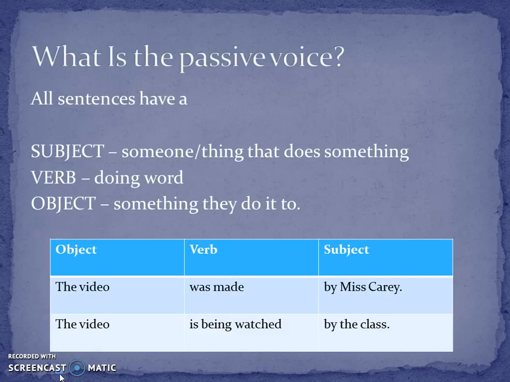Last week we looked at the active voice. Today we're going to look at the passive voice. So as I mentioned last week, every single real sentence that's correct has at least 3 ingredients. A subject, which is someone or something doing something, a verb, a doing word, and an object, something they're doing, whatever they're doing too. With the passive voice, the sentences can have very similar words to an active voice sentence,